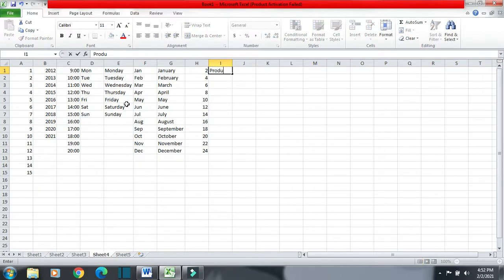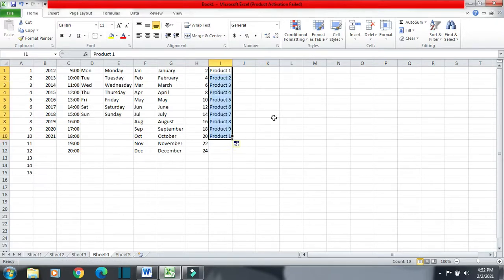One more thing: suppose you write product 1, it will automatically give you product 2, product 3, product 4, product 5, like this. So these are previously saved, and Excel takes the text like it. For example, suppose you write text 1 and then you write anything else, suppose text A, then see what happens. Text 2, text A, text 3, text A, text 4, text A, because text is saved: text 1, then text 2, then text 3, then text 4 automatically, and text A is getting copied as it is.